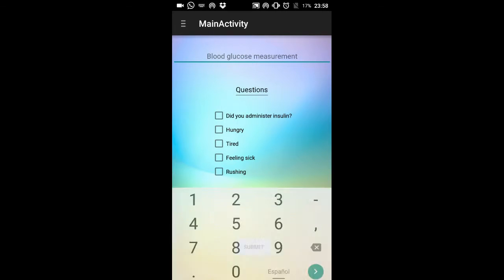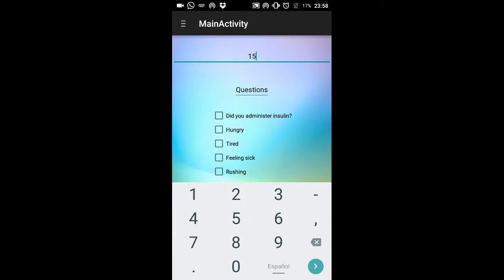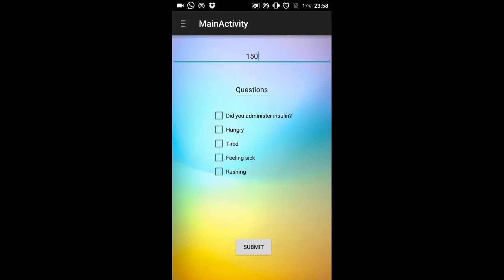The first one is the blood glucose level. We can put, for example, 150 and select that we are tired, hungry, and have administered insulin. So we push the submit button and the check-in is saved in the local SQLite database and the remote